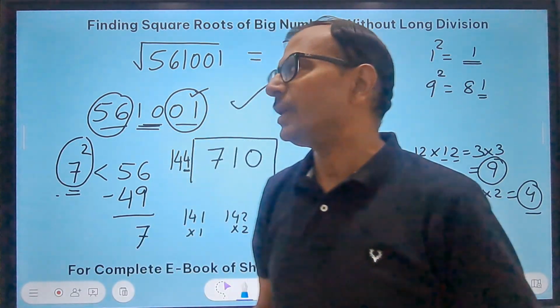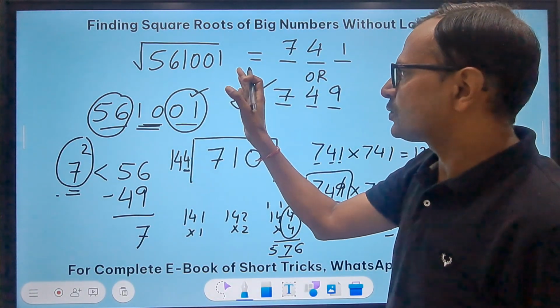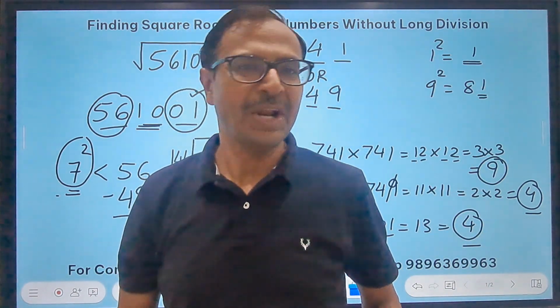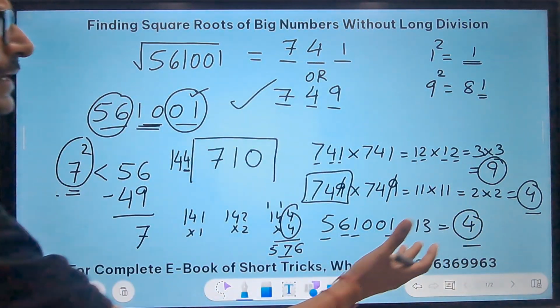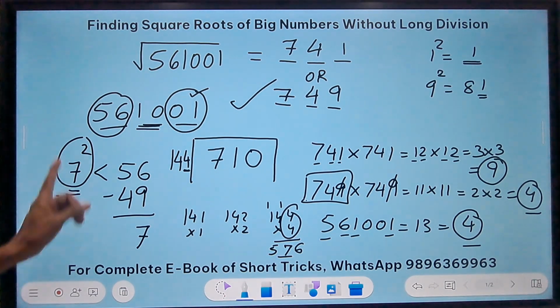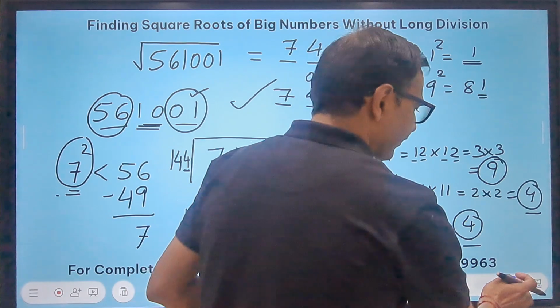Now you can pick up the calculators and check the square root of 561001. Is that 749? And you are going to be surprised. Okay, if you have understood like 50% of this, it is fine. I am going to take one more big example and convince you that the method works for all perfect square